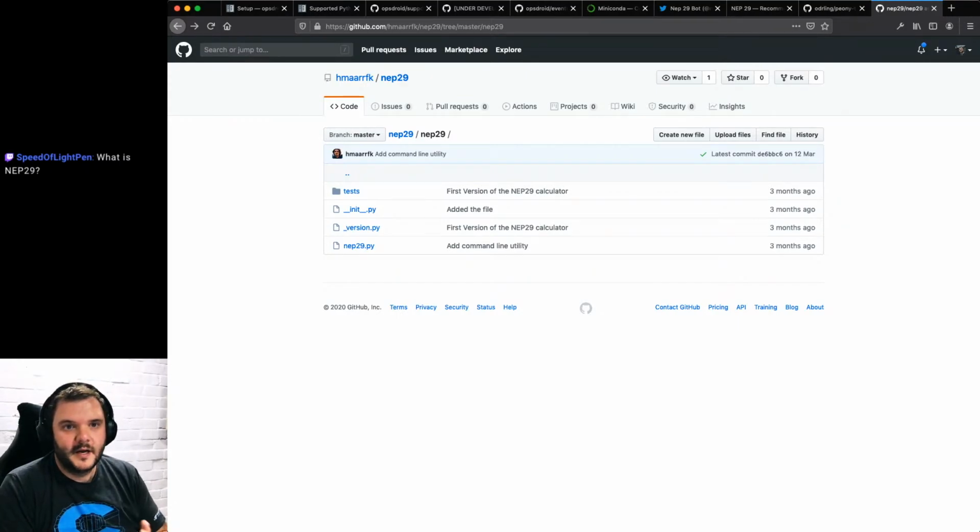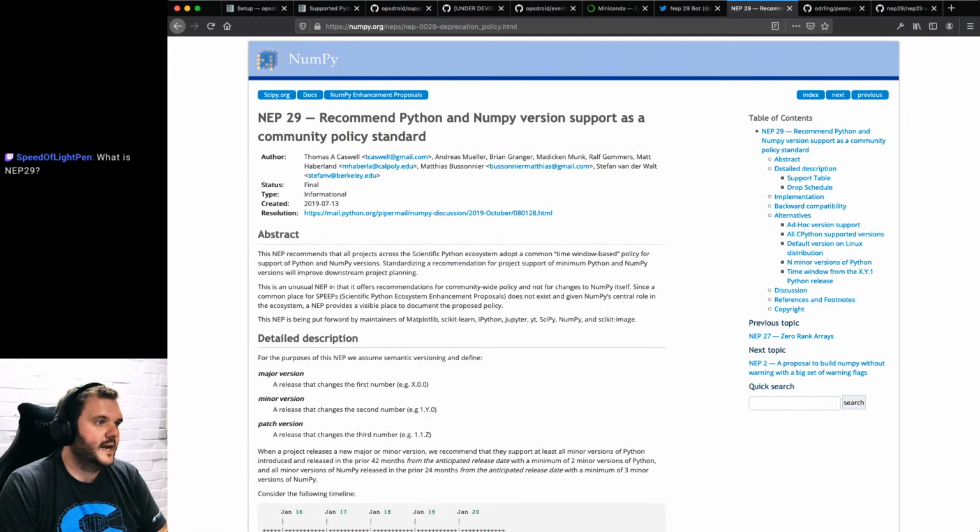And they have their own enhancement proposal called NEP, and you can propose enhancements to the NumPy project. And one of the proposals, which I did have open here, is a process for when should NumPy support new versions of Python, and when should they drop support for old versions of Python, and what is new and old.